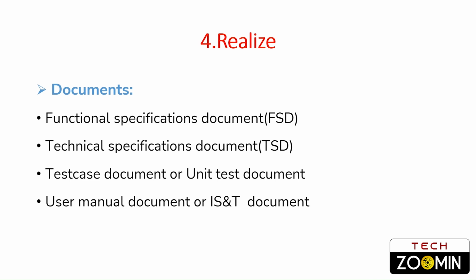Okay, after that, the user manual document or ISNT document. Once integration testing is completed in the quality system, then we prepare this user manual document, that means ISNT document. This document consists of the step-by-step process of creating master data and transaction data along with the screenshots. Okay, after that we prepare the configuration document. The configuration document consists of screenshots of all the configurations which we did in the particular client. Okay, so in ASAP methodology, we were creating the documents from scratch, right?